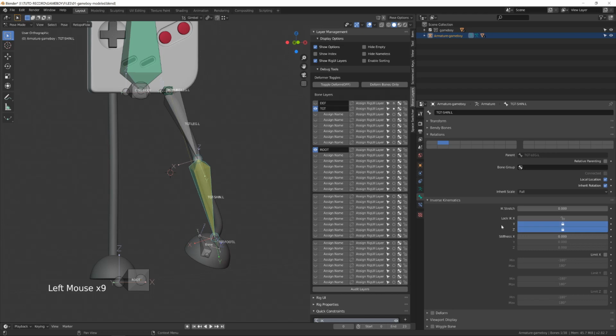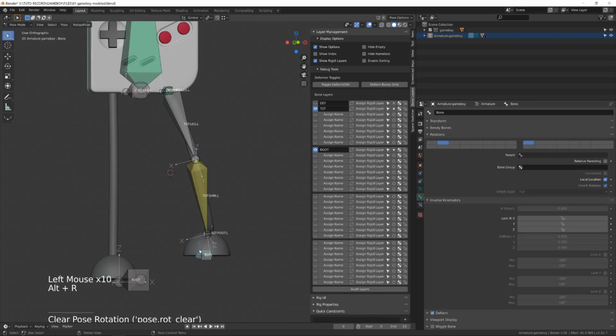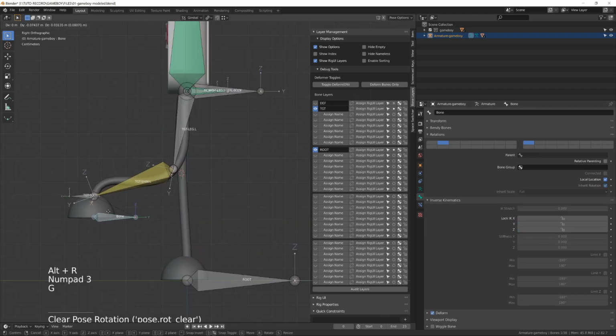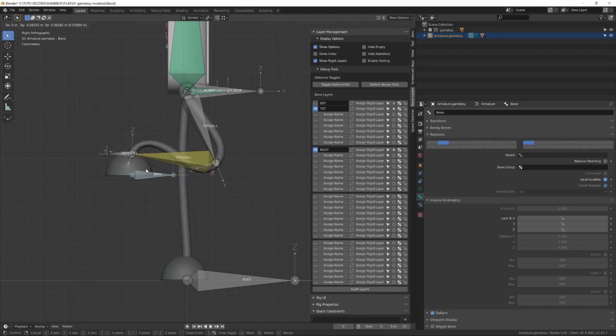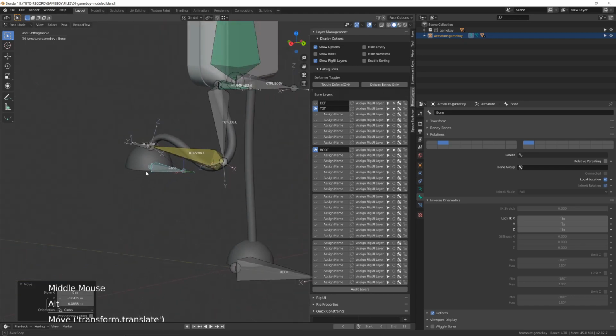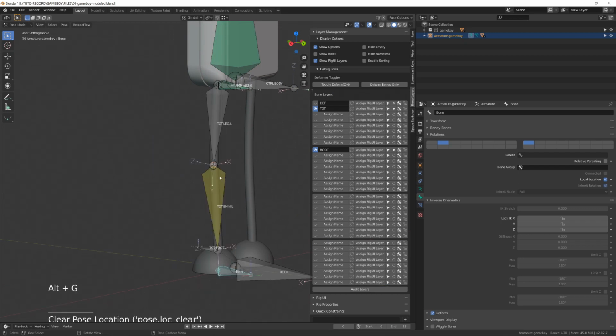I will lock the Z and Y axis so that it will only rotate on its X axis. If you try to rotate your knee on any other axis than what is meant to be bent, it will be quite painful. Even if our character doesn't really have a knee, it will look better this way.